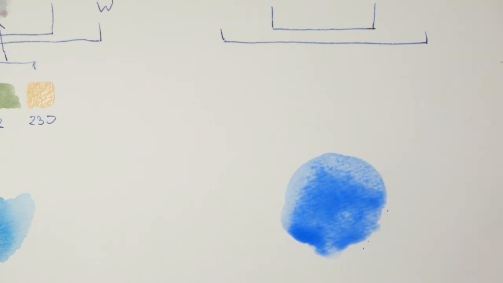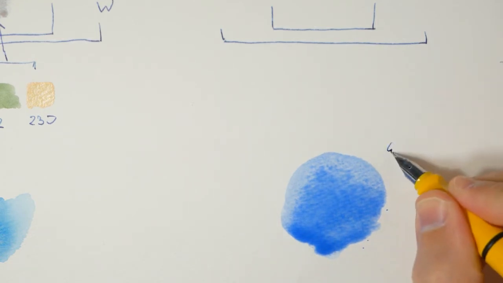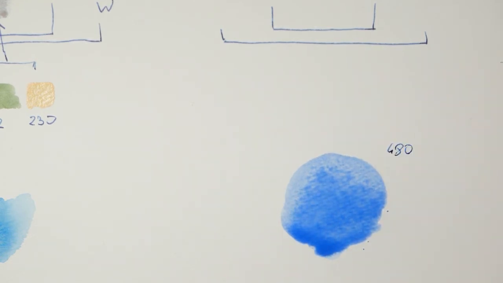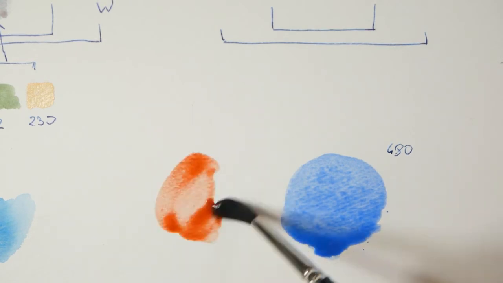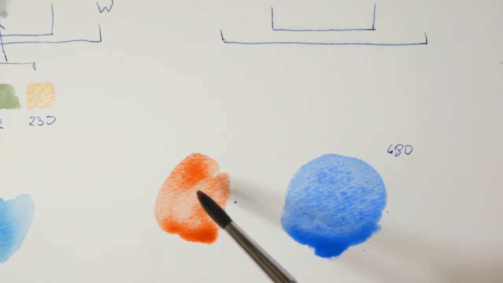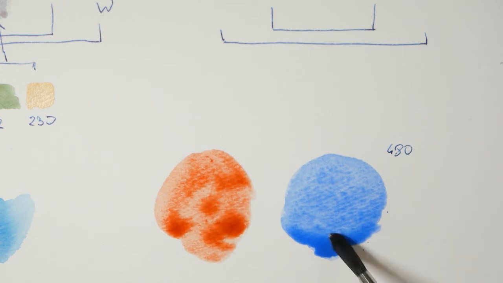This is mountain blue. So it's 480, and you could use something similar to this, like maybe cobalt blue, phthalo blue, probably Prussian blue, maybe. Just experiment a lot with the colors that you have. And I have the madder brown, so it's like a reddish brown color. It's like this. So here we have more saturation in both of the colors, but when we mix it,